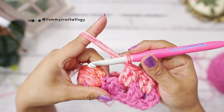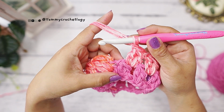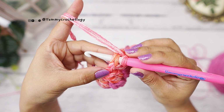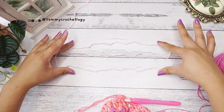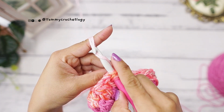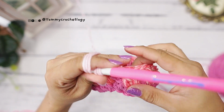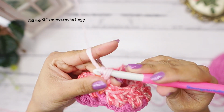Now I am here and I will end this row with a chain 1. And again, before I finish my slip stitch, I will change color. The same way that we did in the previous row, we will start with the 3 strands of the new color. Pull the new color all the way through these 2 yarns in your hook. Start the 4th row with a new color. Pull this one to tighten